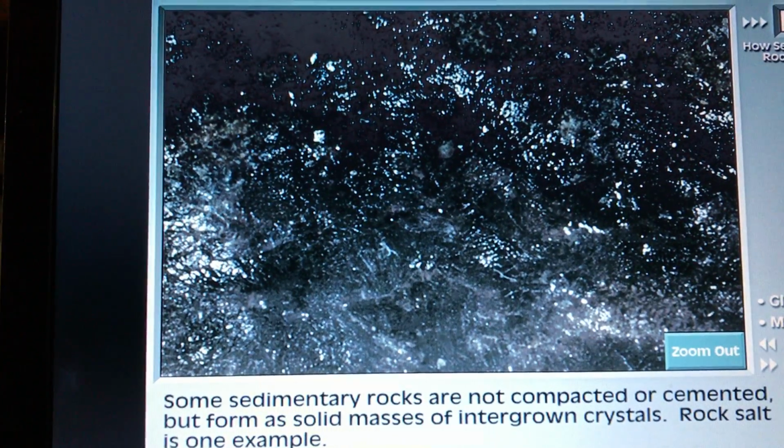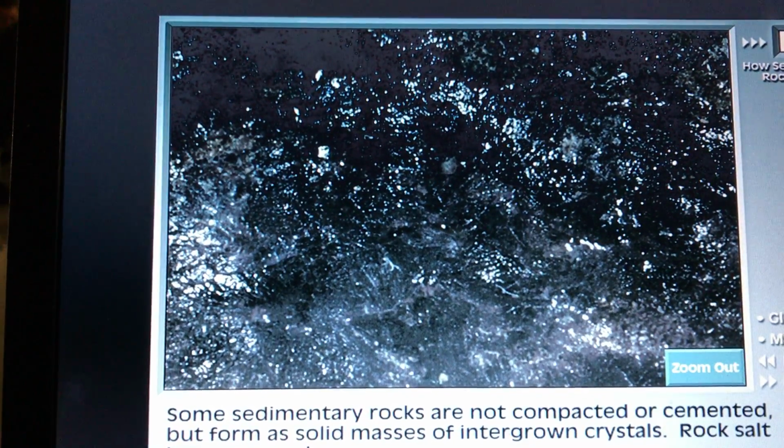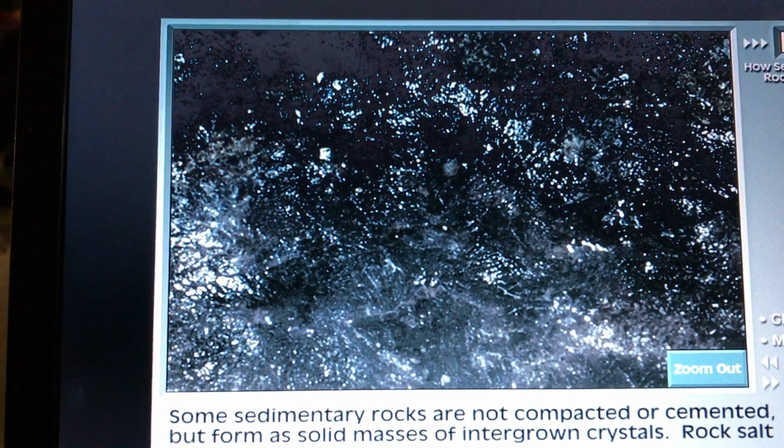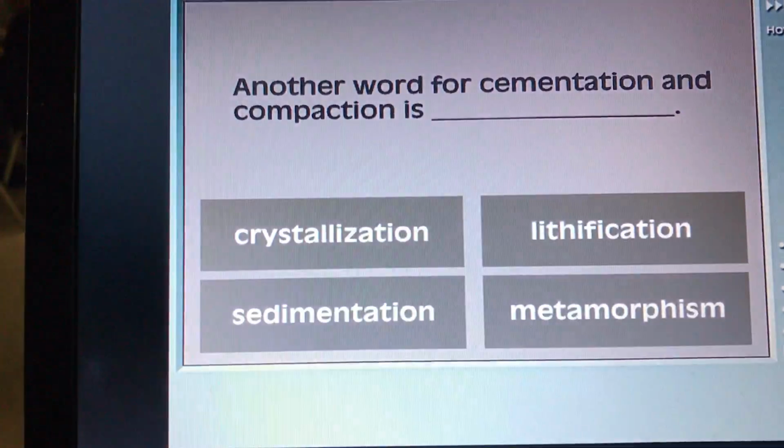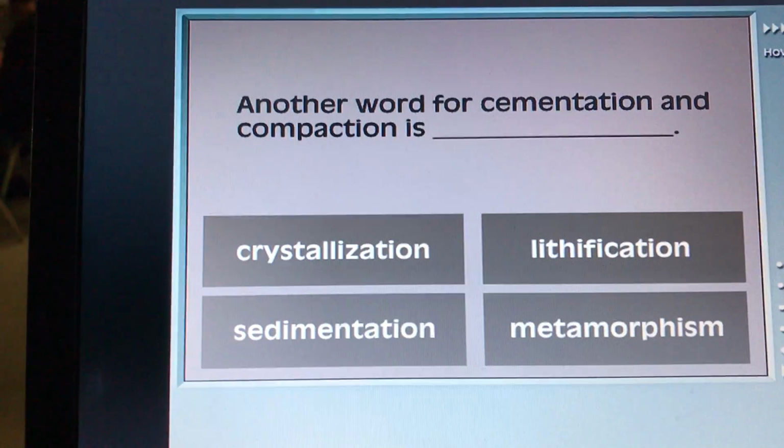Some sedimentary rocks are not compacted or cemented, but form as solid masses of intergrown crystals. Rock salt is one example. Another word for cementation and compaction is